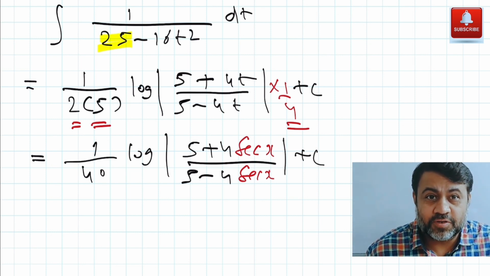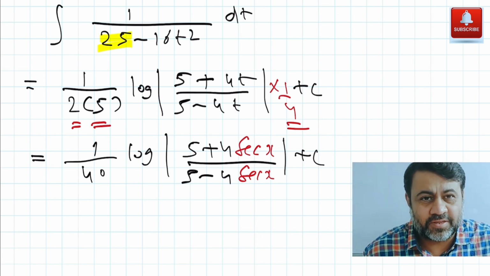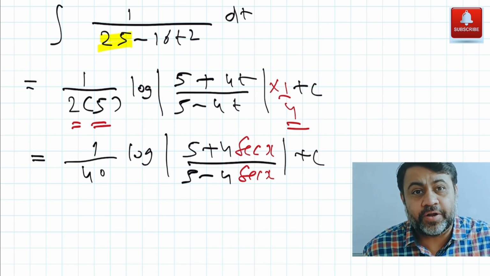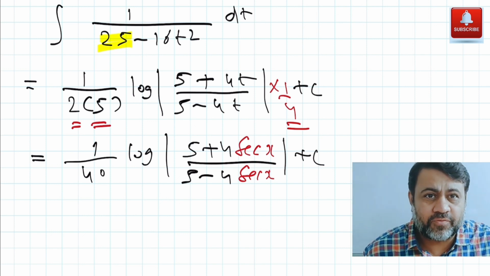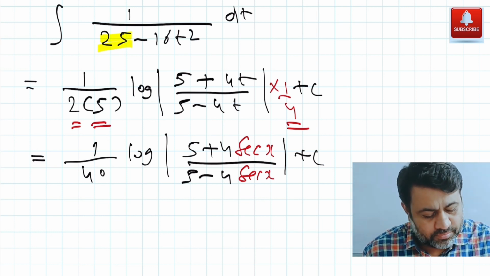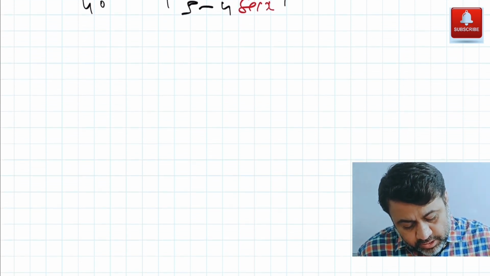The beginning was difficult, right? That converting tan square x to sec square x minus 1, simplifying and then putting sec x as t to get sec x tan x as dt. That step, if you remember, you'll manage these things very easily. Okay? Let's go to question number 3.